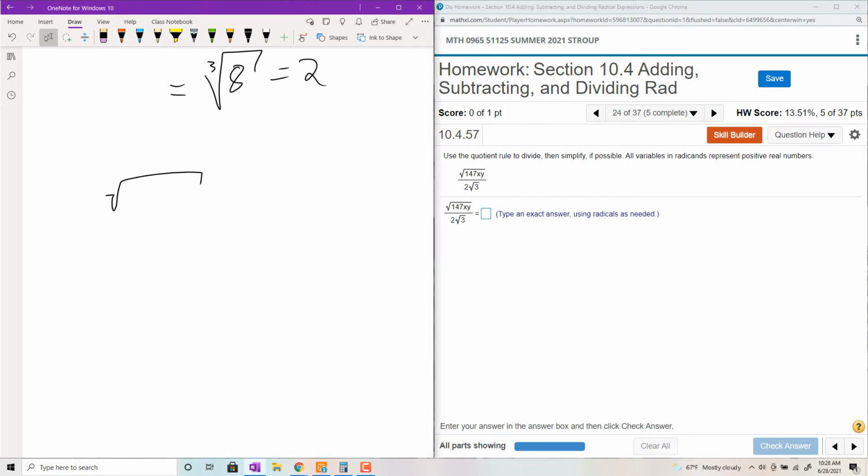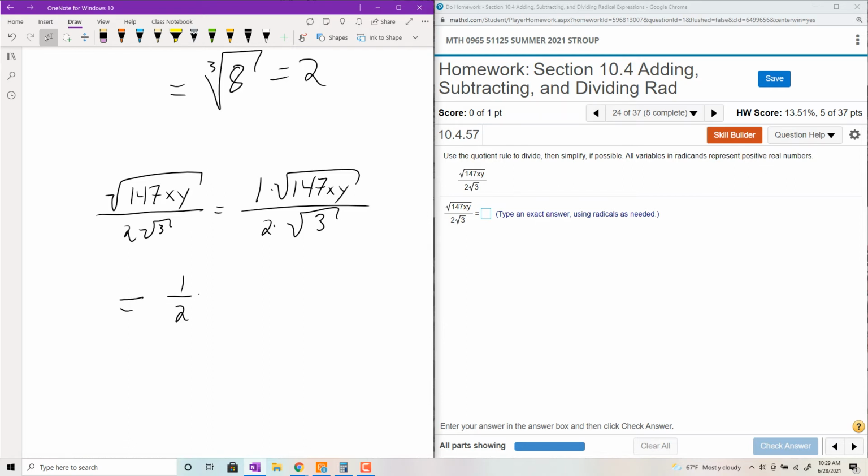So you have 147xy all over 2 root 3 like that. You could rewrite it as 1 times 147xy. Now, I would never do this, but hopefully just to help me explain to you why this is the same as this. You wouldn't write this out this way, but